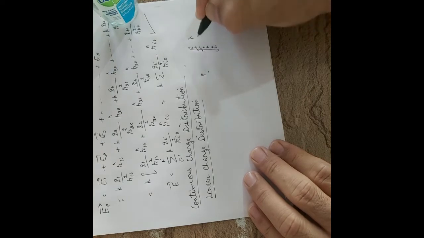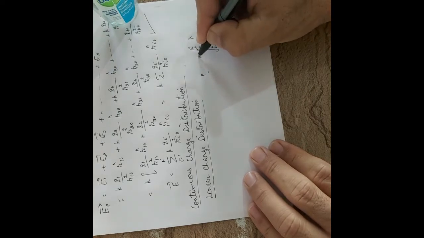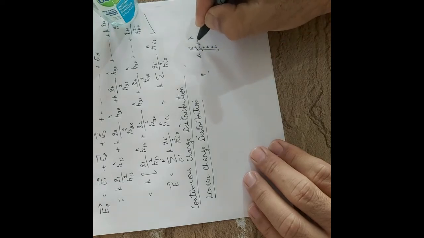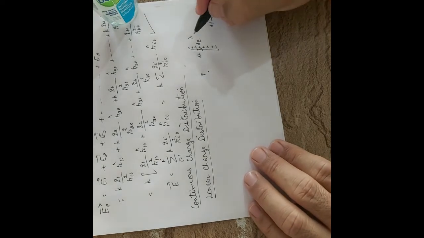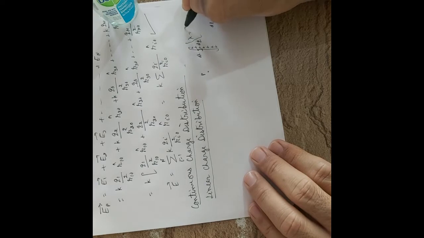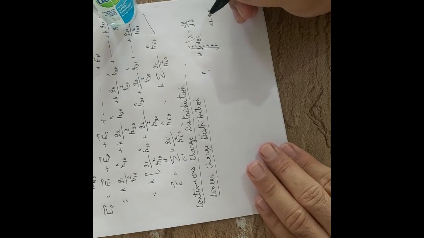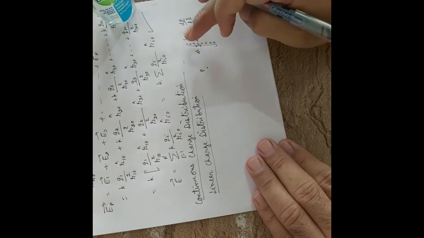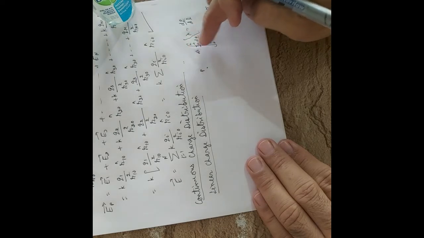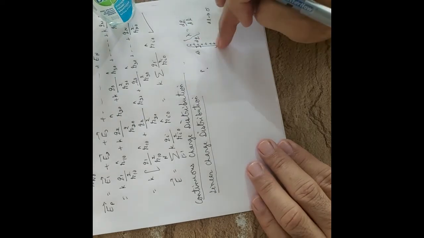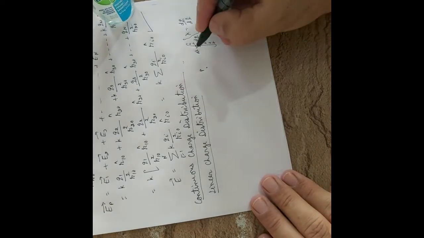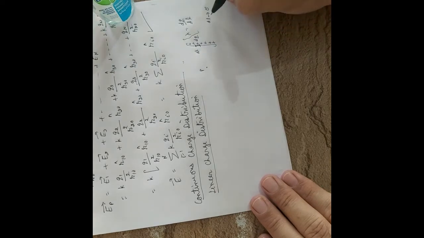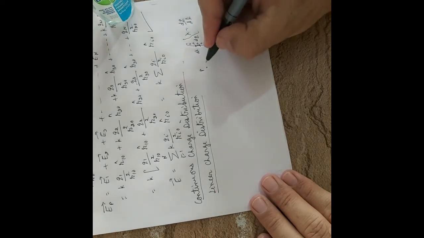And if we consider a very small length dl here and it carries a charge dq, dl approaches 0, right? Then lambda will be dq over dl. This lambda is called the linear charge density. Now we cannot apply the formula of electric field due to a point charge here, because this charged wire is very long. It cannot be regarded as a point, so that's why we have chosen a very small length, such that it approaches 0.